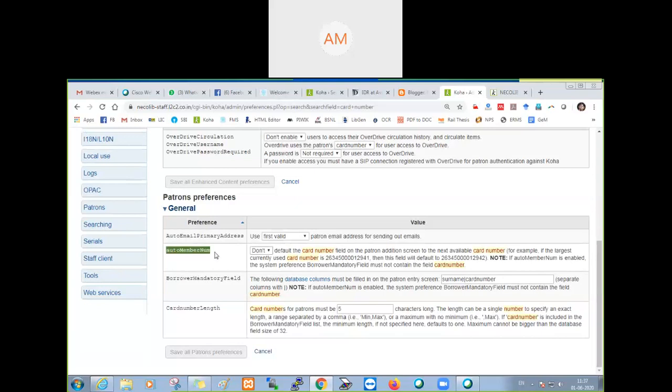Auto member number means the system will automatically generate a card number. It is by default don't; I make it do, and next to that I made the card number minimum 5. You can make it 3 also, it's up to you. And the following database fields must be filled in the patron entry field.